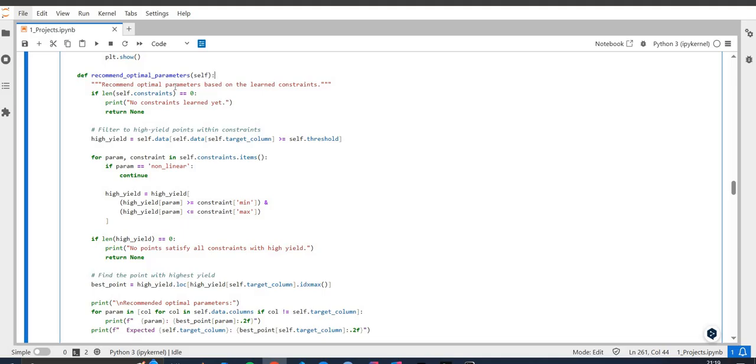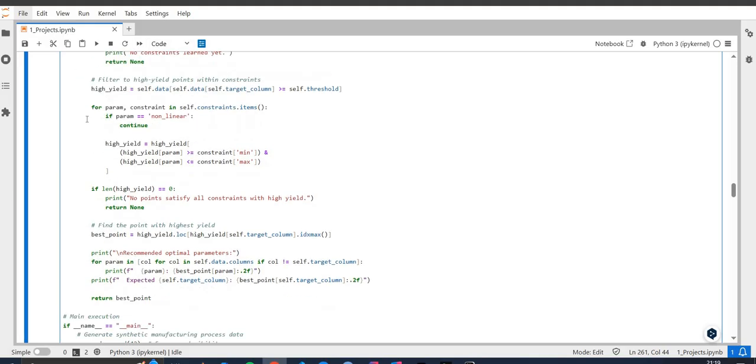Then we filter the dataset to only include the points that had a yield above the threshold, so good performing runs. From there, we go one step further and filter those points again, this time making sure they fall within the ranges defined by the learned constraints. It skips the nonlinear one here because it's just focusing on the simple bounds. So the idea is, from all the data, keep only the points that both performed well and stayed inside the